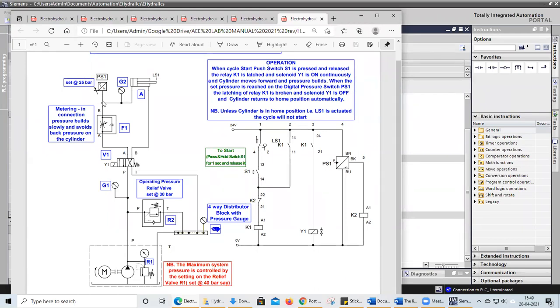Once it reaches more than 25 bar, this pressure switch will be activated. In our ladder logic, we will assume that at this point the pressure has increased and the switch has been activated. Like that, we will make our assumption and do the ladder logic. I think this part also you can do by yourself.